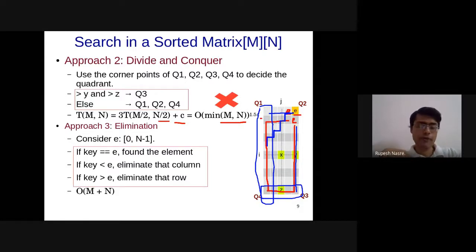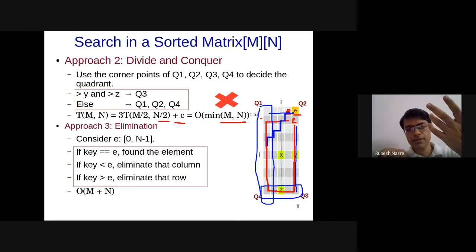Plus log of minimum of m, n, right? Because if the first part requires the max, then the second part will require the min, or vice versa. So linear plus logarithmic will become linear, and therefore your complexity will not change as such. The total final complexity that we said is not going to change, but the expression is definitely going to change.